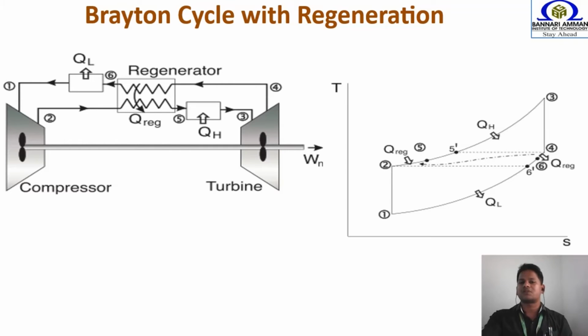So 1-2 is about isentropic compression, 2-3 is about isobaric heat addition, 3-4 is about isentropic expansion, and the last one is about isobaric heat rejection. So in between that we are just exchanging the heat energy. Whatever energy you want to release, whatever energy you want to dump into the atmosphere,